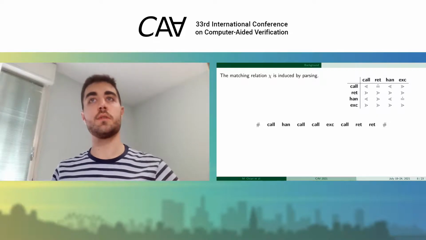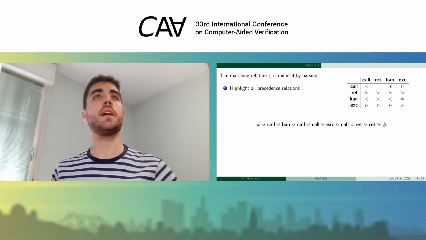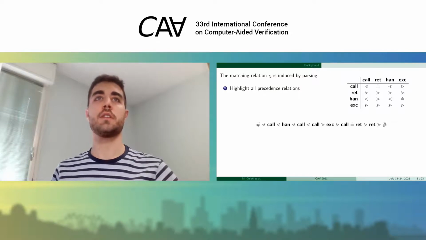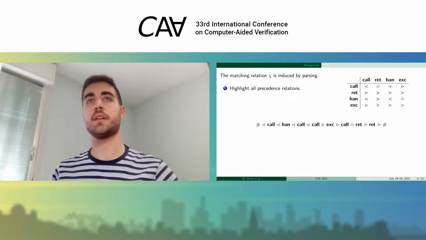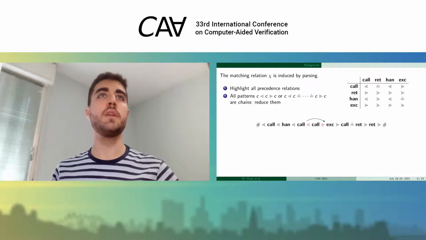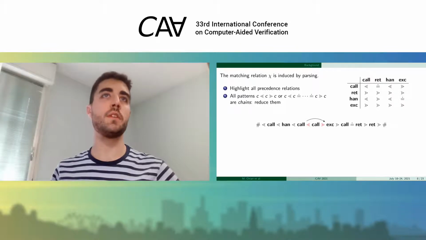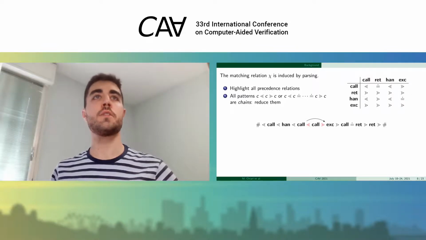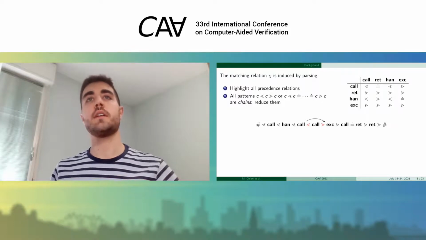So let's see how to do that. First, we highlight all precedence relations between consecutive terminal characters. Then we match all patterns of this form. So we have a terminal symbol that yields precedence to another one that may be equal in precedence to some other terminal symbols, and the last one takes precedence from the next one. So here, for example, we have the second call that yields precedence to the third one that takes precedence from